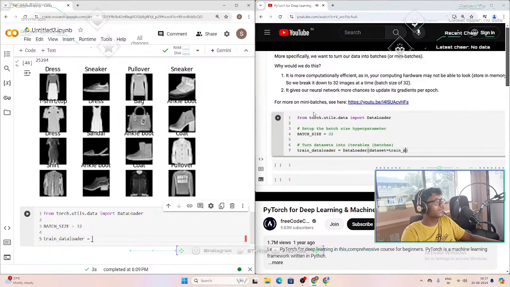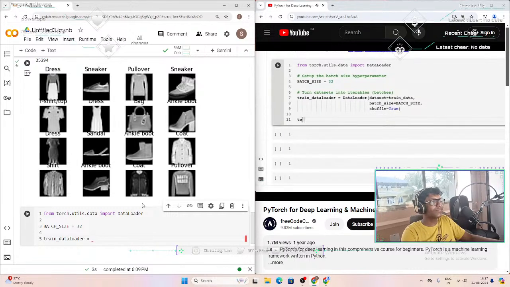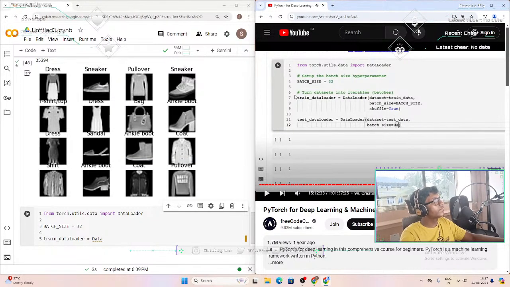So data set equals our train data, which is 60,000 Fashion MNIST. And then we have a batch size, which we're going to set to our batch size hyperparameter. So we're going to have a batch size of 32. And then finally, do we want to shuffle the training data? Yes, we do. And then we're going to do the same thing for the test data loader, except we're not going to shuffle the test data. Now, you can shuffle the test data if you want, but in my practice, it's actually easier to evaluate